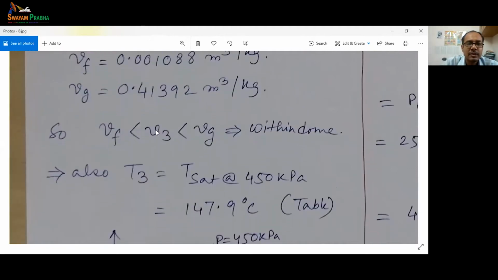So clearly whatever specific volume at state 3 we have calculated is in between this Vf and Vg. So clearly state 3 will be within the dome,